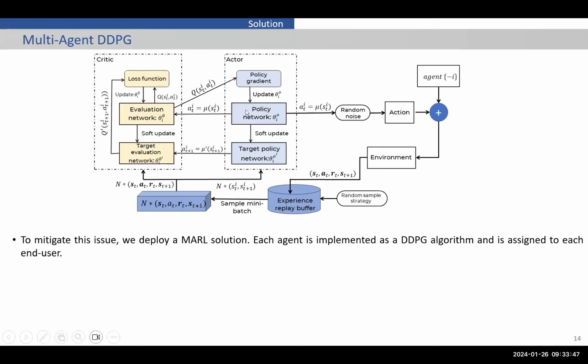So the process starts here. The actors select an action, and this action is combined with the other actions, and the joint action goes to the environment here and changes the environment. And this is an iterative process. So during the training, samples are drawn from this replay buffer, and then the information goes to the critic and the actor and trains them. So the actor is responsible for selecting the action, and the critic criticizes the action selected by the actor.